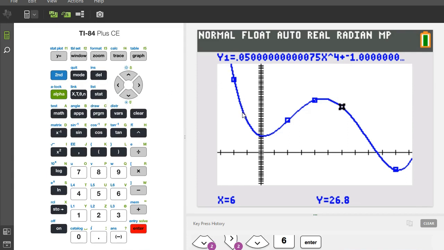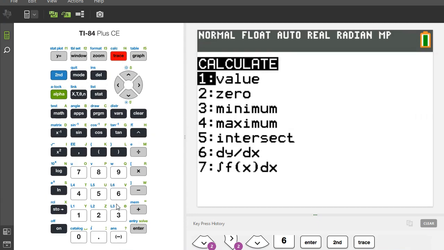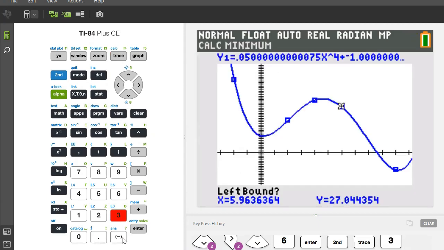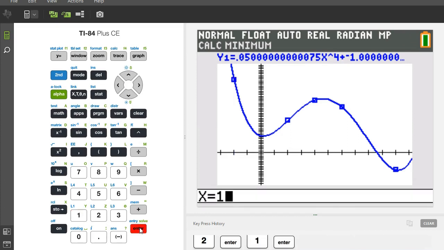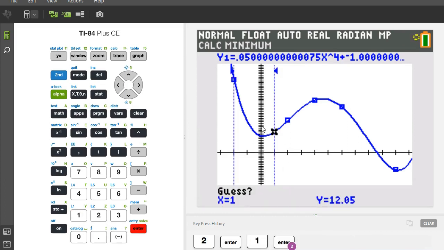The function is decreasing from negative infinity until I get to this local minimum value. So let's find that local minimum value. It looks like if I bound it between -2 and 1, I'll find my local minimum, and that will occur at 0.213. So I'm decreasing from negative infinity to 0.213, and then I will be increasing until I get to